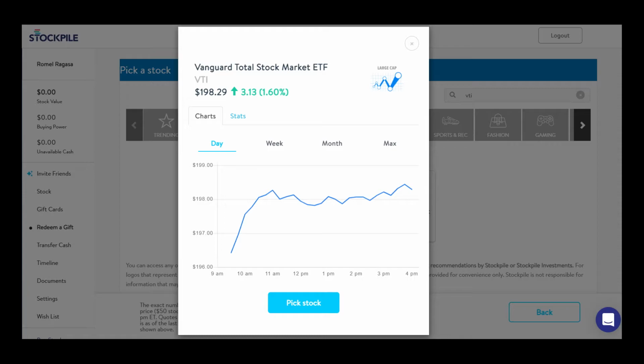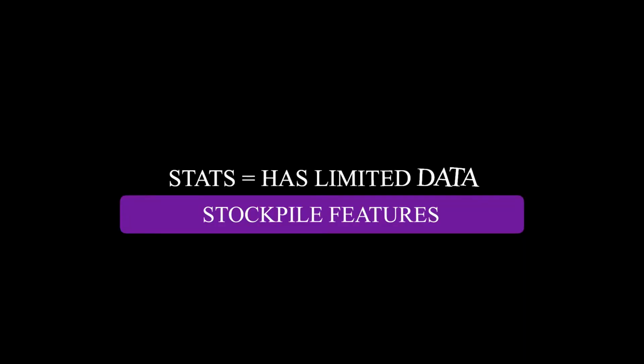charts, and you won't be able to see buying volume. So there's a whole bunch of limited information on that end. But again, this is geared towards beginners. So just keep that in mind. The second thing is the stats. Not all of the stocks that are listed on here have all of the information that you might find on